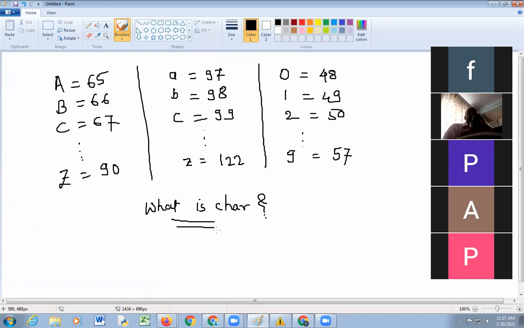A character is a data type in which digits and alphabets are included. Only alphabets? Tell me whether it is a character.